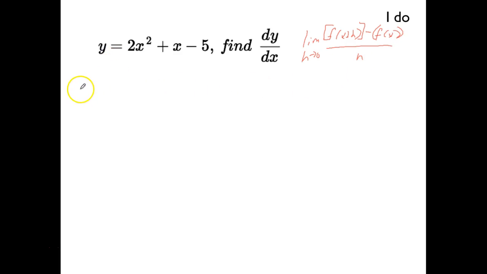Okay, so this one's going to take probably the entire screen. So remember the first one, the brackets. Wherever there's an x, I'm plugging in x plus h in both of these. So I'm going to have 2 times (x plus h) squared plus (x plus h) minus 5. Okay, that's the end of the bracketed one. That's the f of x plus h, minus f of x, just this original equation, 2x squared plus x minus 5, all divided by